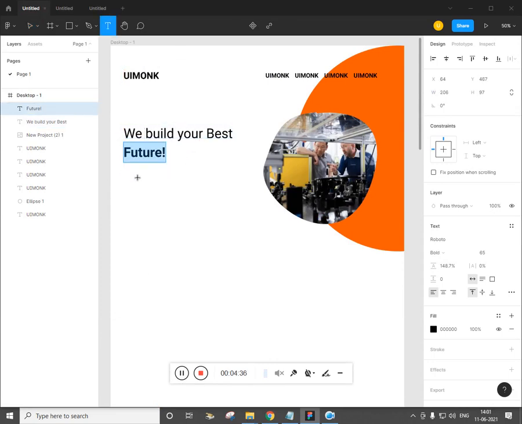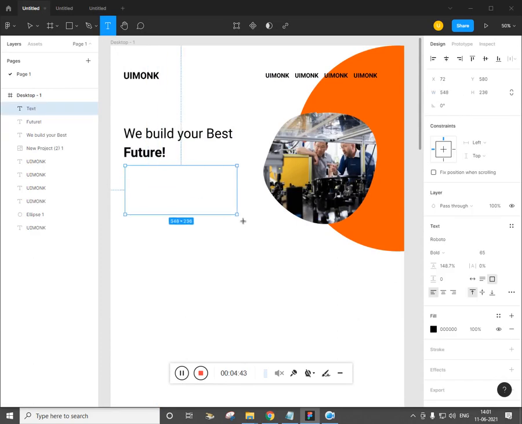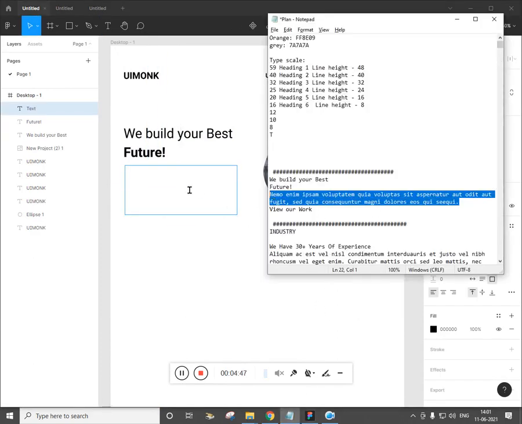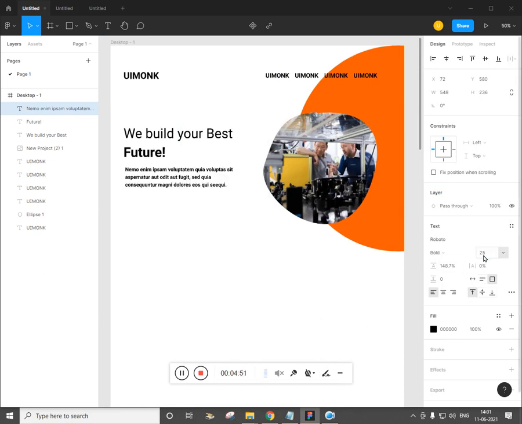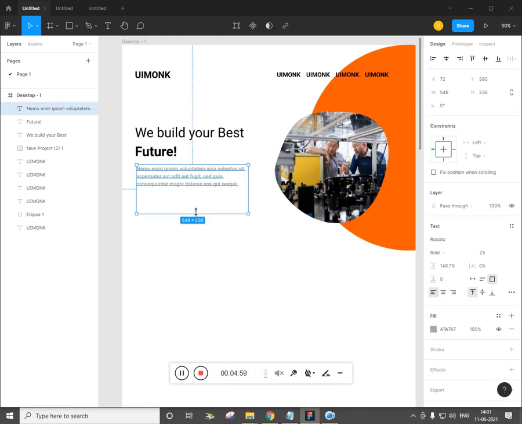Now type T, and drag it. We will fill the placeholder text. Let it be 25, and the text color is going to be A7A7A7. Let it fit